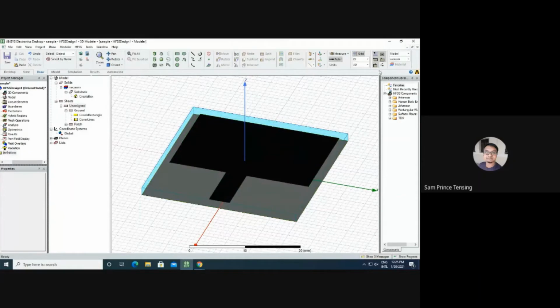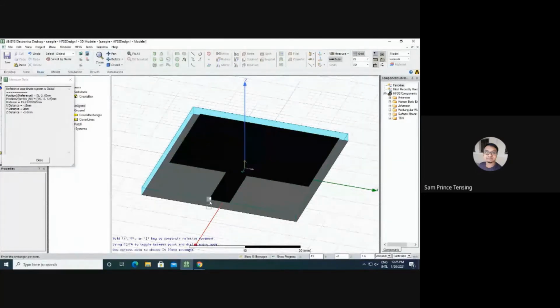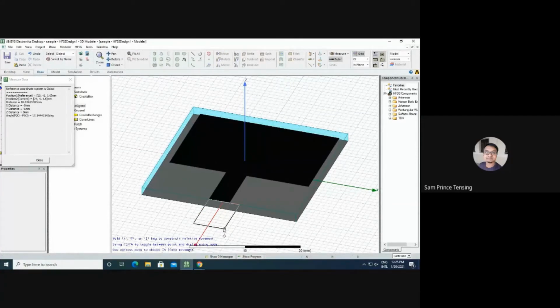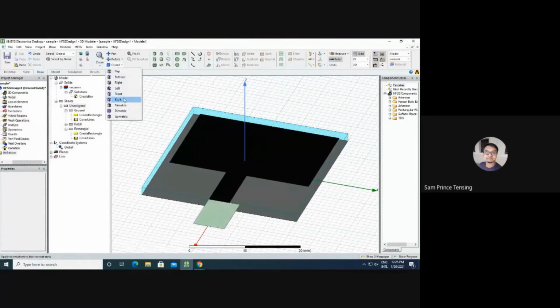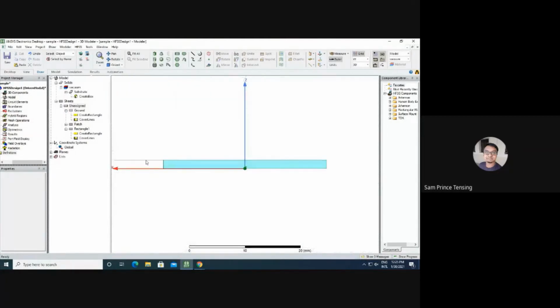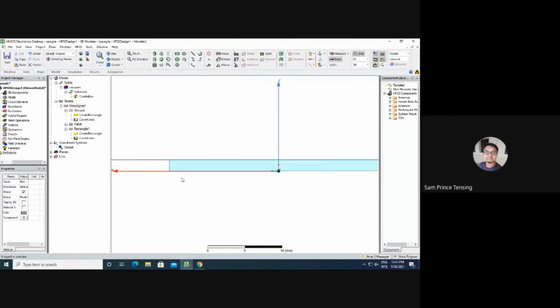While giving the port, we have to select a rectangle and start from here. While drawing, you can see it comes in the XY plane, but we don't need a port in the XY plane. If we draw like this, a port is like this. See, you can see a line here.